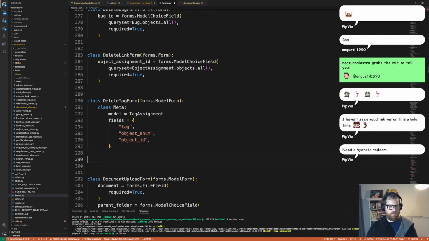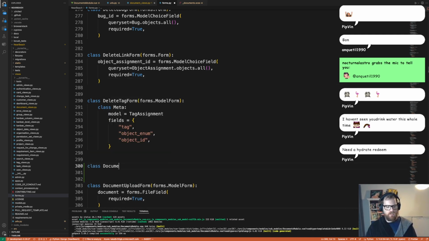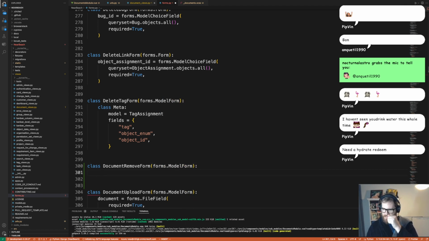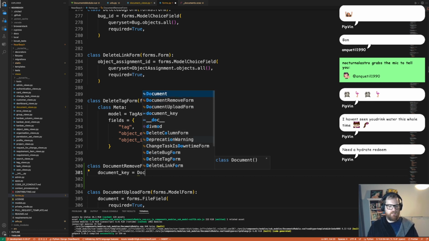So we actually want here, so class document remove form and forms.model form. We might improve this later. Needs a hydro routine, yeah. Class meta